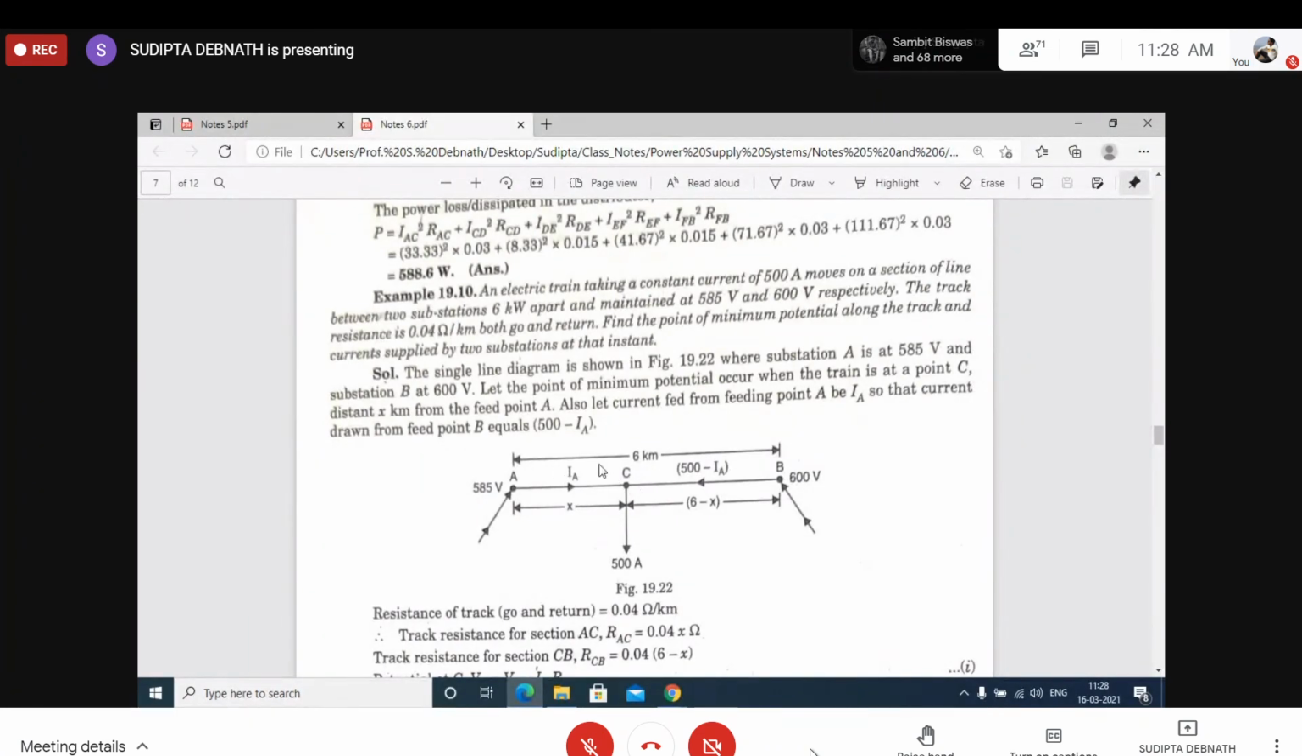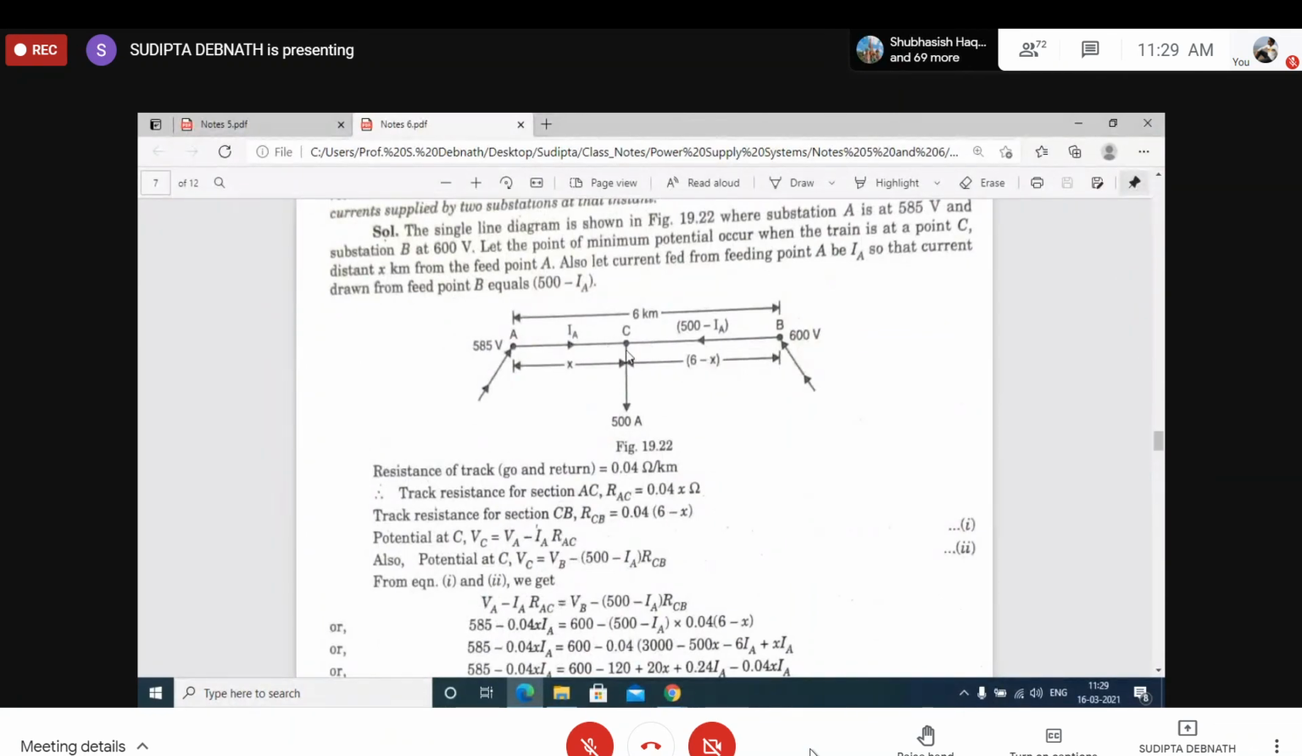That means the voltage drop here and the voltage drop here. Now, what is the voltage VC from this side? It will be 585 minus IA into RAC. And if we calculate from this side, VC will be 600 minus IB into RBC, isn't it? This is the same point. So the voltage will be 585 minus this drop, and the same voltage VC will be 600 minus this voltage drop. Thus they have equated